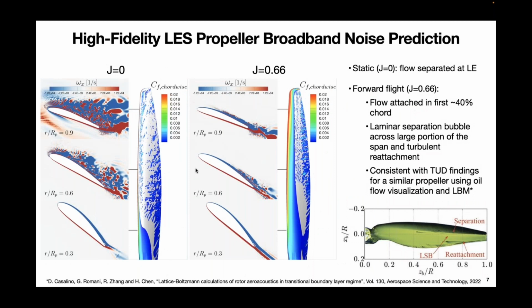Okay, so before looking at noise prediction, let's look at what's happening on the blade, what LES can get us. If you look at the static case, so J equals 0, you see directly that the flow separates at the leading edge, and this is somehow to be expected because these propellers are not optimized or designed to operate well